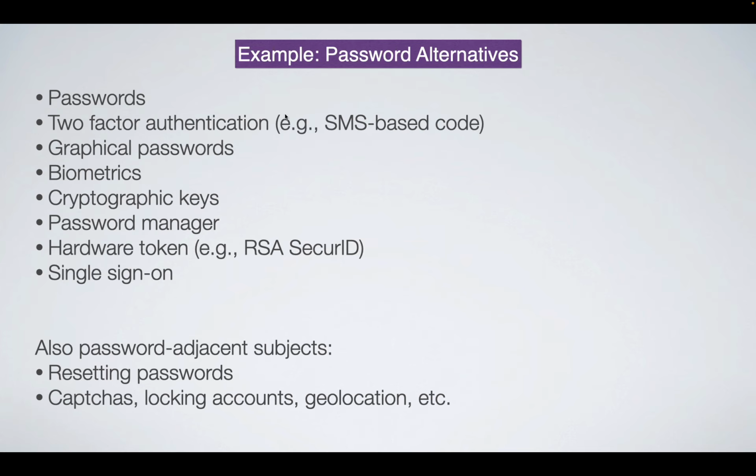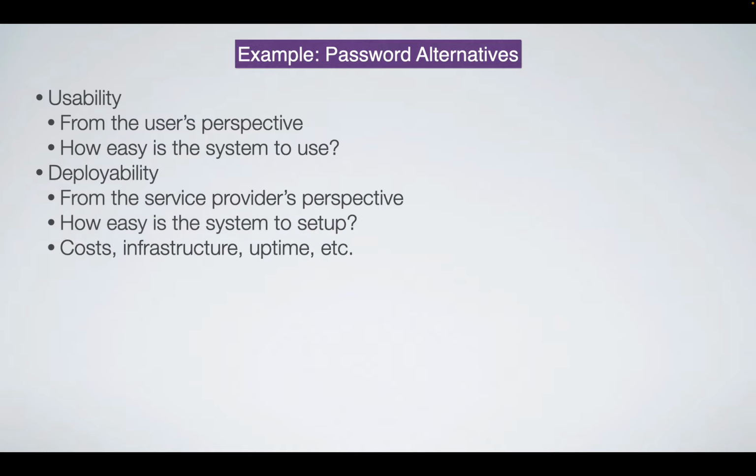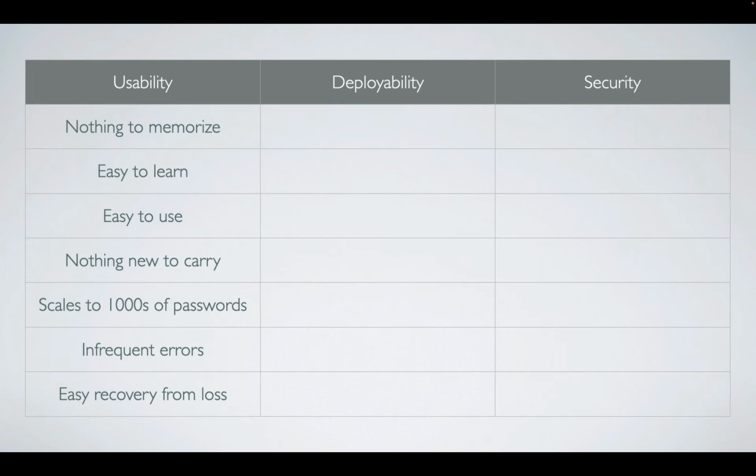So I think we did probably pretty good. Let's see what we came up with. Oh, sorry, I have some high-level points about each of them, and then we'll go through them. Okay, deployability. This is basically how easy is the system to set up? What are the barriers or frictions to setting it up? And then security is how secure the system is. So we'll do the same exercise for deployability and security in a second. But for now, let's look at usability.